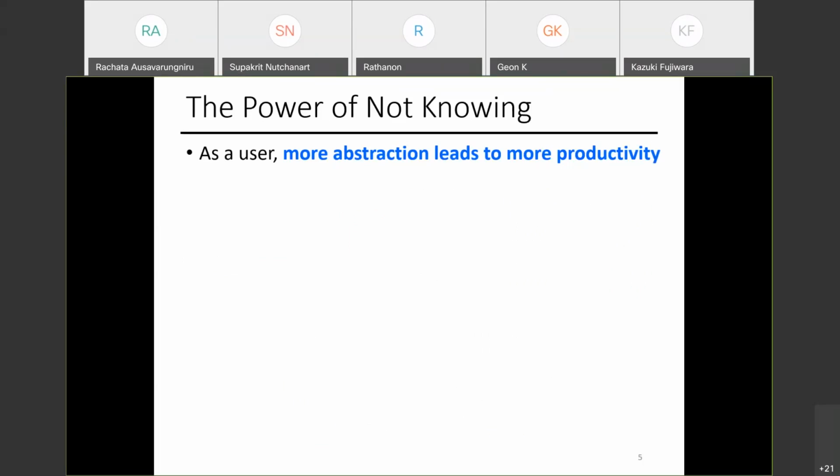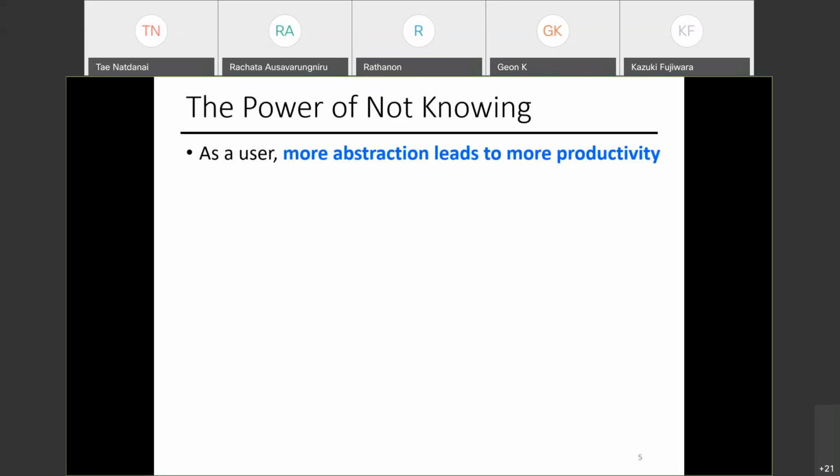Do you have to know how the memory is organized? Do you have to know how the virtual memory is organized? Do you have to know how the hard drive reads the data? In many cases, you don't, right? You just write a function, you call certain APIs, and magically you get the results.